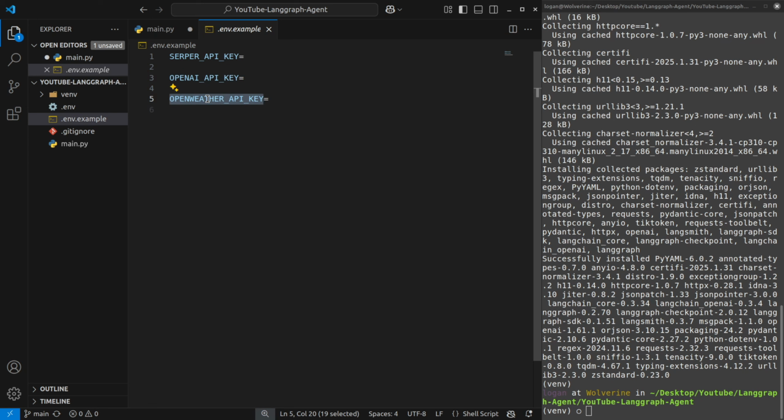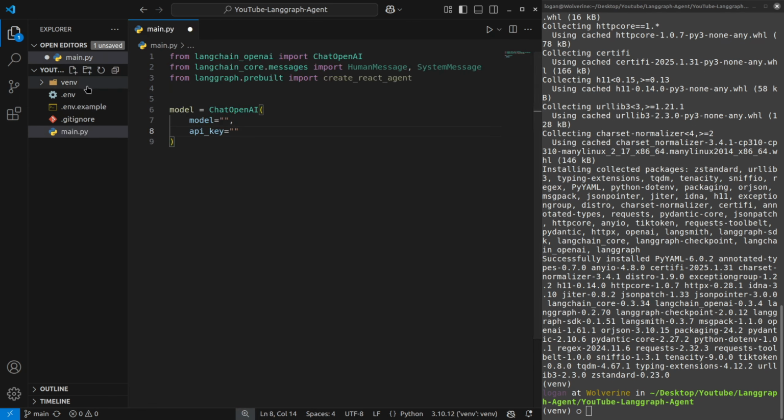You can go to open weather, create your account and get the API key. We will use it so that our agent can provide accurate weather information. Serper API key, this will help you get the latest information from the internet, so our agent can provide the latest information about a topic. And then finally OpenAI API key. You can put all these three into .env and then